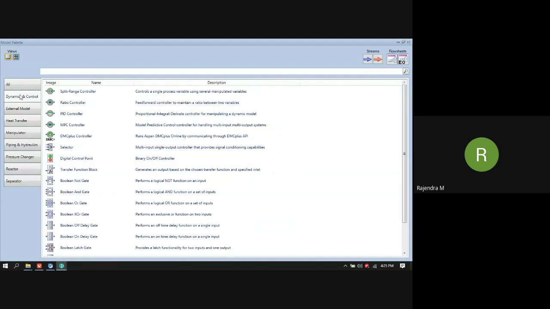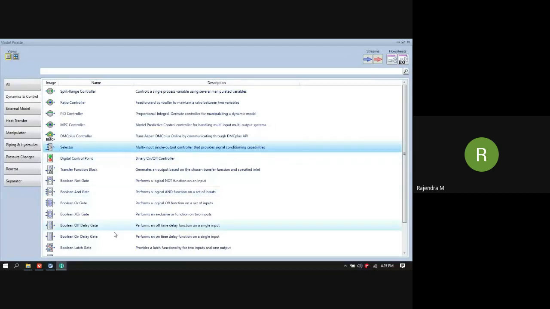Then there is the dynamics and control. In process dynamics and control, you have different types of controllers like a PID. This is the general type of controller that is generally used for dynamic simulation. Apart from that, there are other controllers like ratio control, split range control, model predictive control, DMC, then selector.